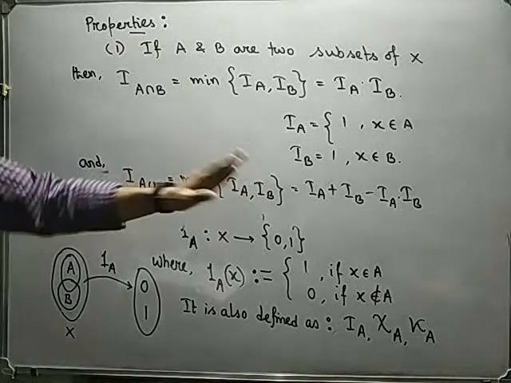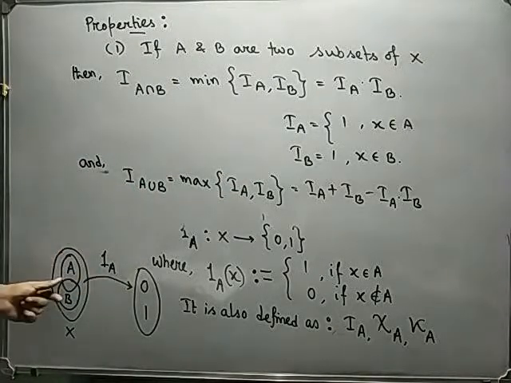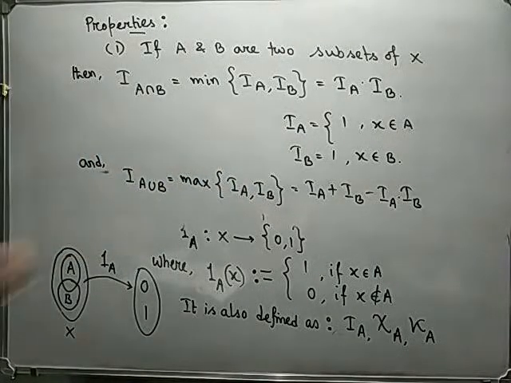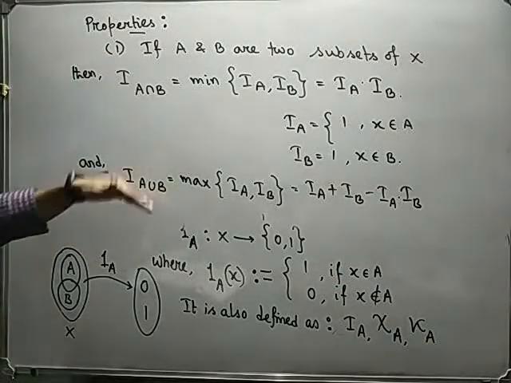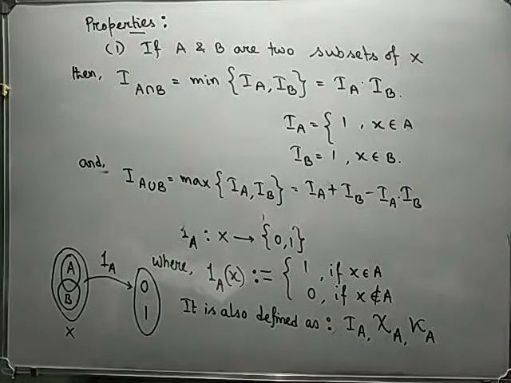So in this way, you can say A union B means A or B. So this is the basic property of the indicator function, and the second property,